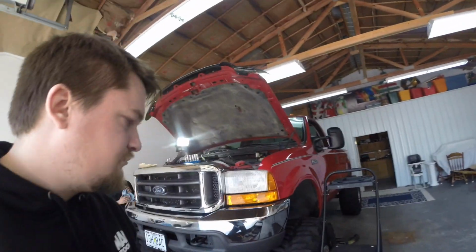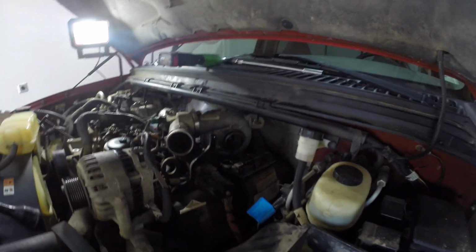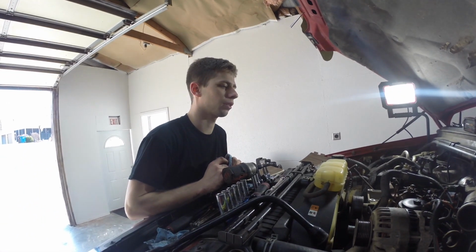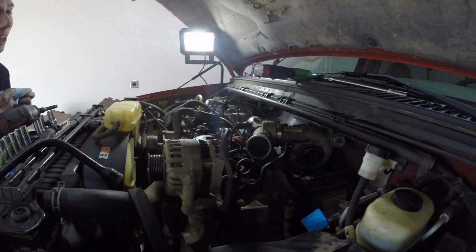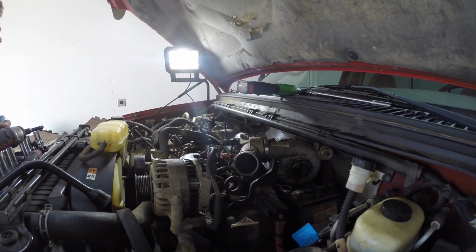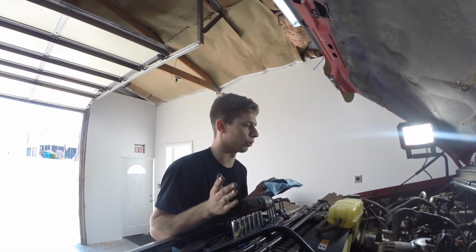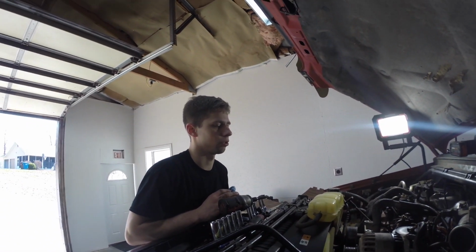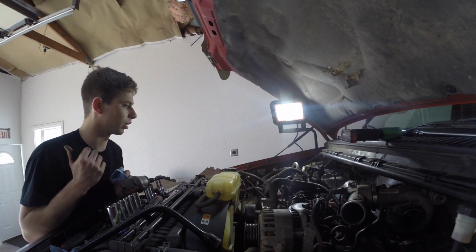A lot of variables, and unfortunately it's the one that I didn't want to be true, because there's a lot of things on this truck that could go wrong that you really could get yourself home with. Like your ICP sensor could just take out of nowhere. I mean, not super common, but it could happen, and all you have to do is just unplug it and it'll just run a base program that Ford put into this truck, and it'll get you home. But unfortunately for his case,